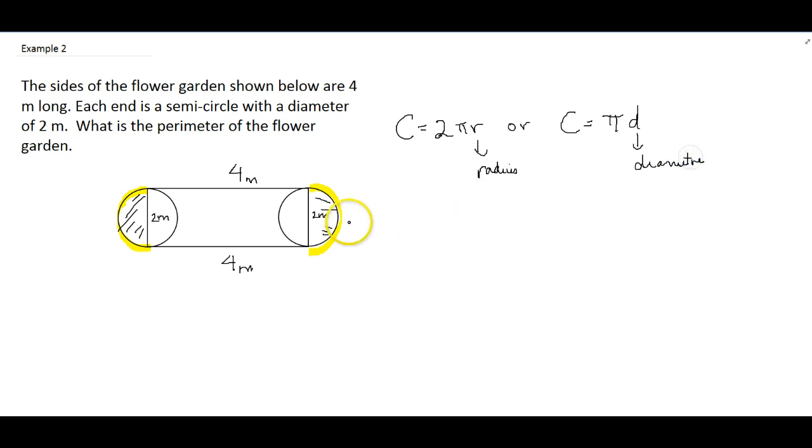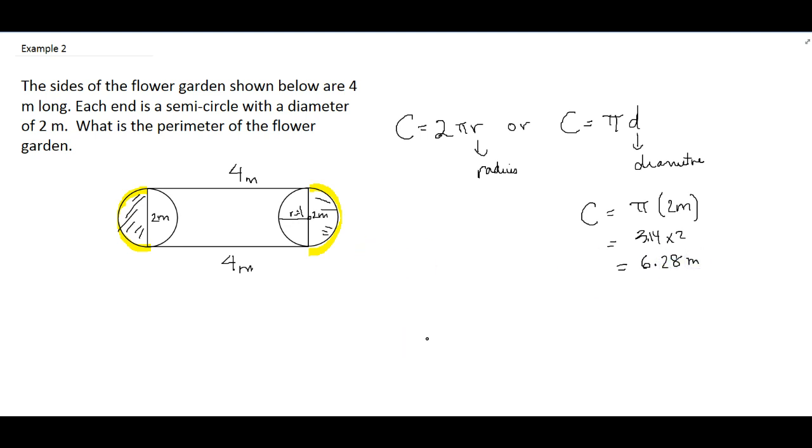A radius goes from the center out, and so the radius in this case would be 1 meter. We know our diameter. We were given it as 2 meters, and so we can simply calculate using 2 meters. So let's calculate our circumference using pi times 2 meters. And again, in this particular instance, we use pi, the approximation of 3.14 times 2, and that gives us approximately 6.28